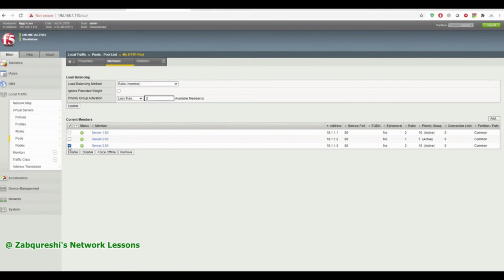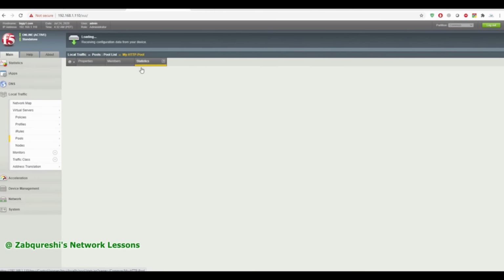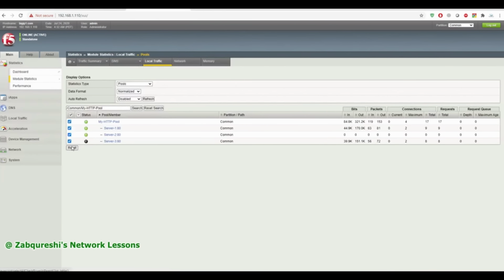Okay, so I'll go here and disable here, and let's see if server 2 gets activated. How can we check? We can go to the statistics. Again, I'll clear this status. You can see server 3 is down, so reset my statistics, so I can see the packets again going. The new request should go to server 1 and server 2, and that too in a